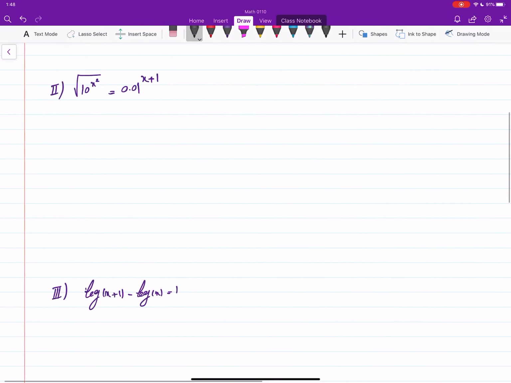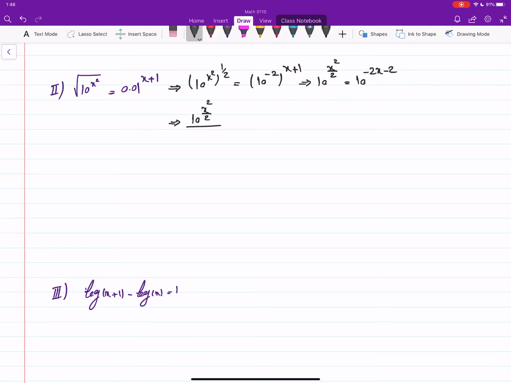The other one, okay, bring all of them to one side, make one term. So first let's make the same base, at least the square root we can make it like that, and 0.05 is nothing but 10 to the power negative 2. Yes, and now we can use the property of exponent of exponent, you multiply the exponents. So this is 10 to the power x squared over 2 equals 10 to the power minus 2x minus 2. Bring them to one side, make one exponential term,